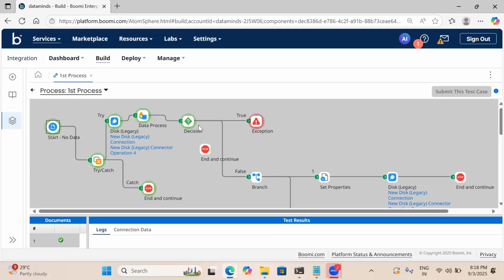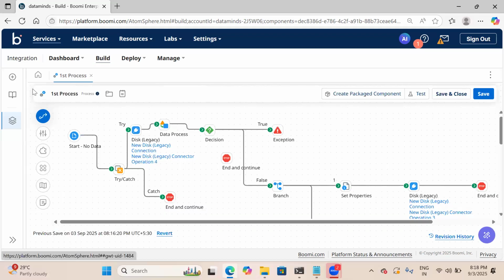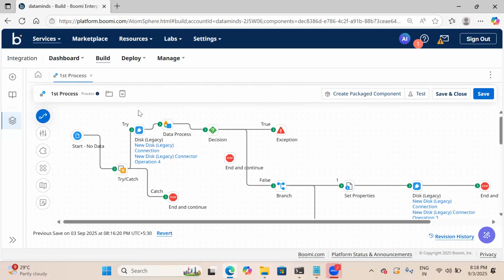Okay, the control is totally coming out of the decision shape. So because of that reason, false branch execution is not happening here. Okay, now in order to overcome this situation, as I have explained you clearly,